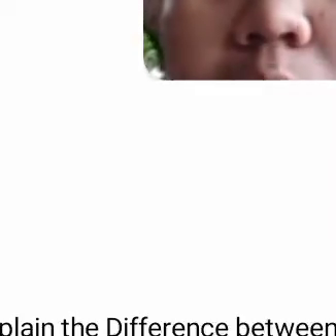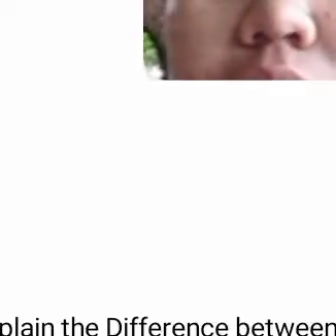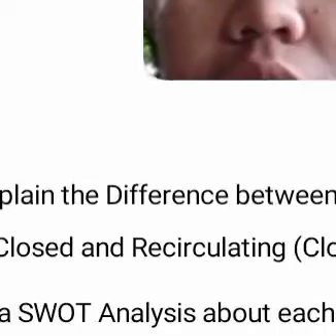Number 13. Explain the difference between extensive, semi-intensive, and intensive culture systems. Semi-intensive systems use densities higher than extensive systems and use complementary feeding. Intensive culture uses very high densities of food organisms and is totally dependent on artificial formulated feeds.